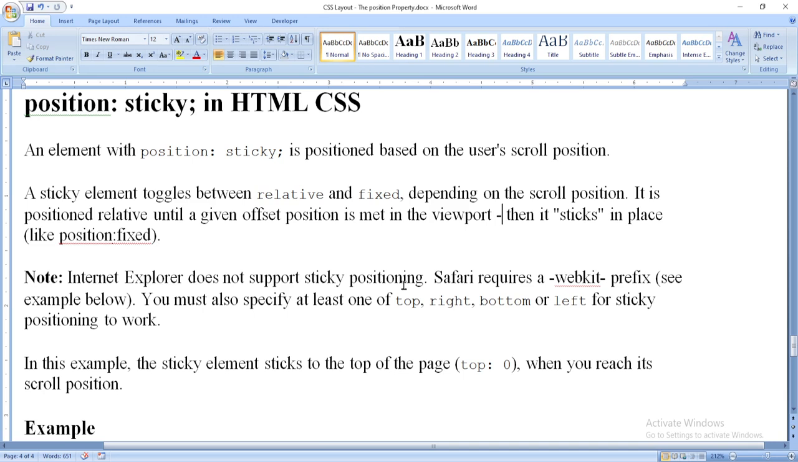And I want you to note one thing right here. Internet Explorer does not support sticky position. Safari requires a WebKit prefix. See examples below. You must also specify at least one of top, right, bottom, or left for sticky